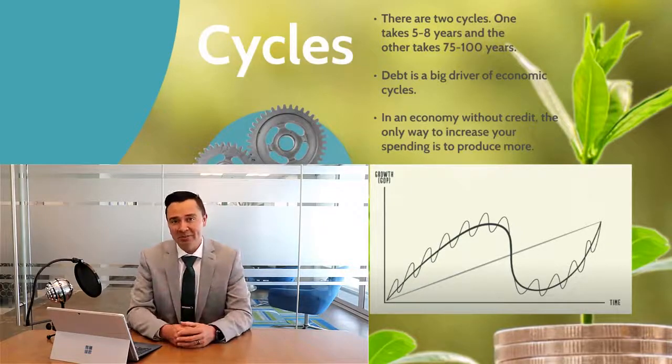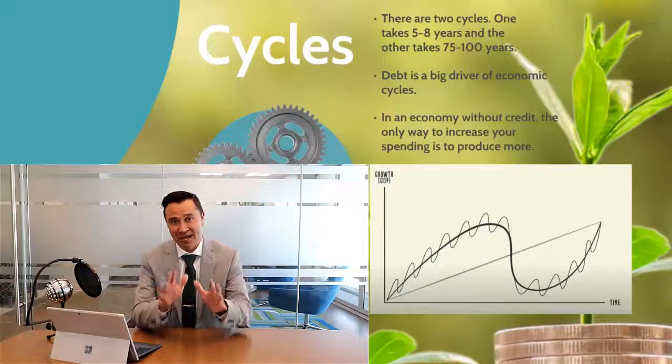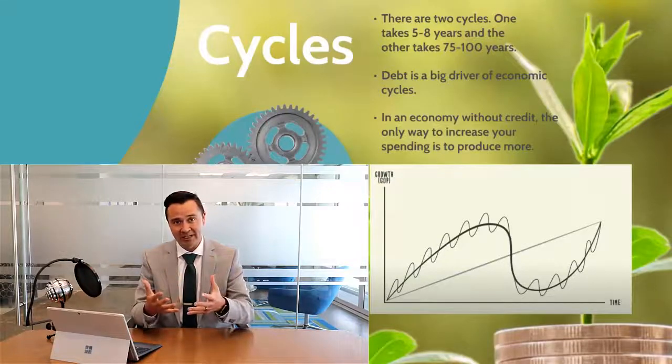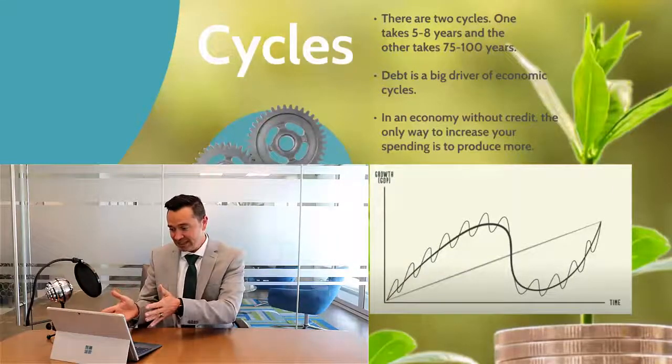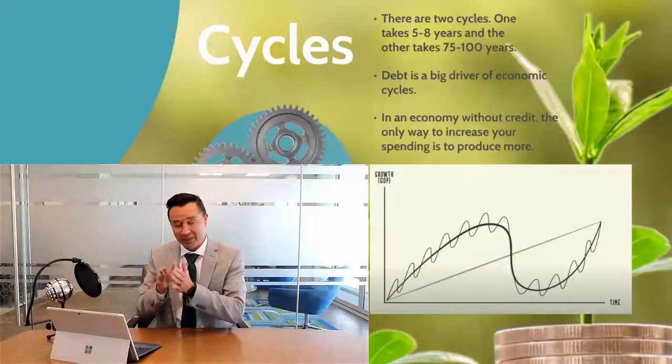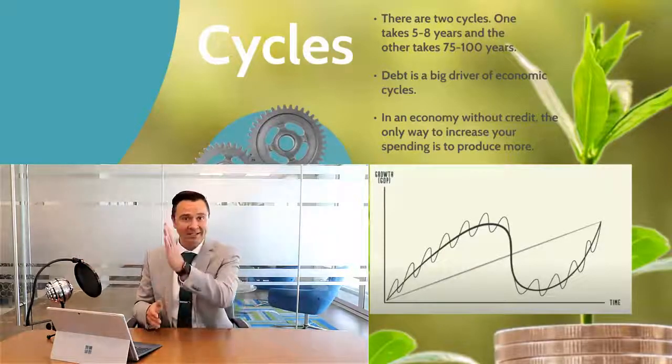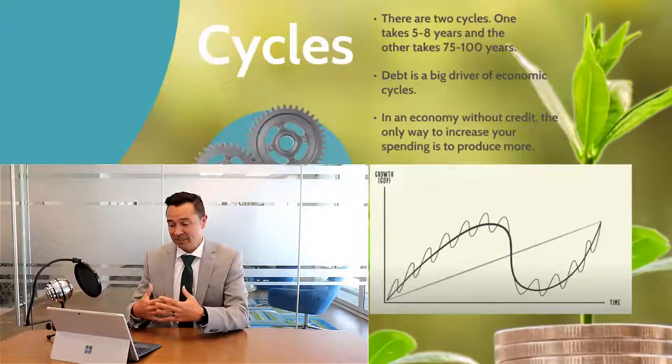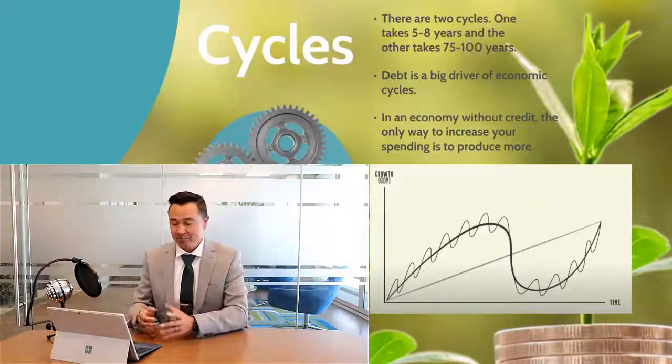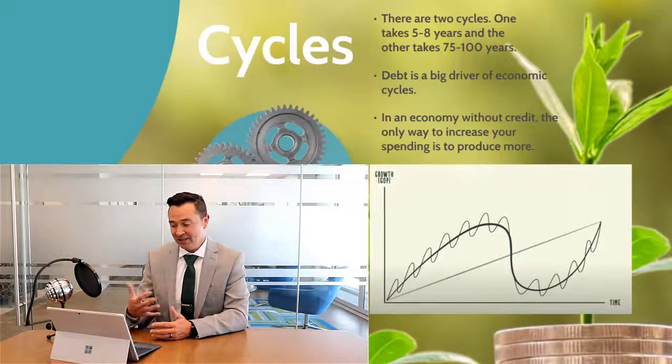Okay, I think this is a good place to pause. I really like this graph that we have here and the visual that it gives us. Right, so as we look at it, you can see that x-axis is showing us time, right? And the y-axis that goes up there is representing growth or GDP. And I think that the graphic does a really good job of helping us to conceptualize credit.